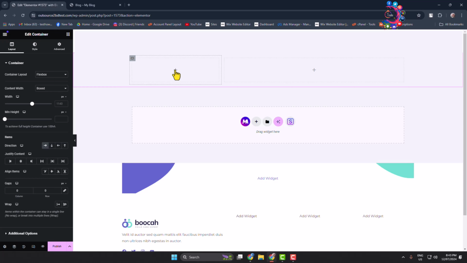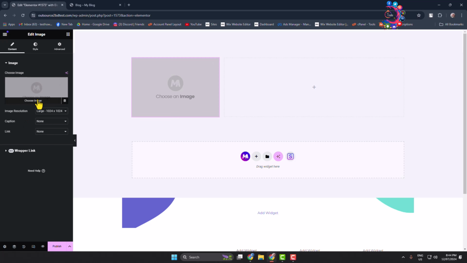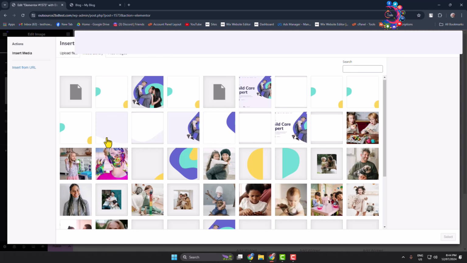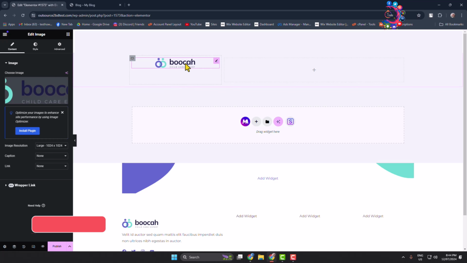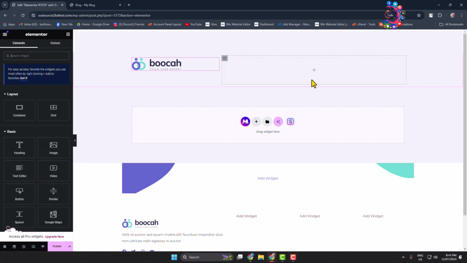So click on this plus icon and add image here and click on choose image. And now go ahead and upload or select your logo for your website. And here as you can see my logo is added. Now you can go to the style tab and from here you can increase or decrease your logo width according to your choice, and then you can also align your logo and then select the second container, and in this container